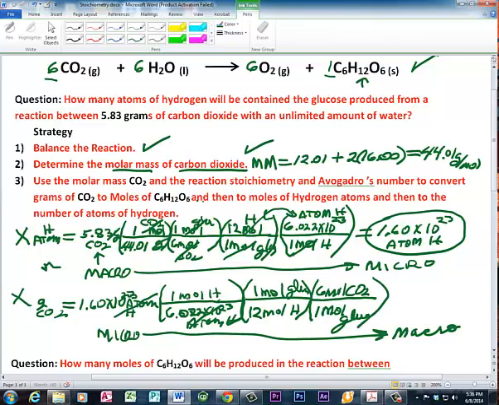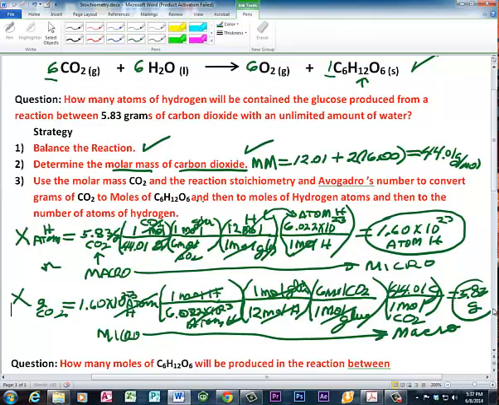All right, so where are we now? We've got moles of hydrogen over moles of hydrogen, moles of glucose over moles of glucose. That gives us moles of carbon dioxide. And if I do one more calculation, instead of dividing by the molar mass, I'm converting moles to grams. And if you want to convert moles of a compound, in this case CO2, to grams of CO2, you multiply by the molar mass. So I'm multiplying by 44.01, and I'll let you go ahead and calculate that in your calculator, and you'll get